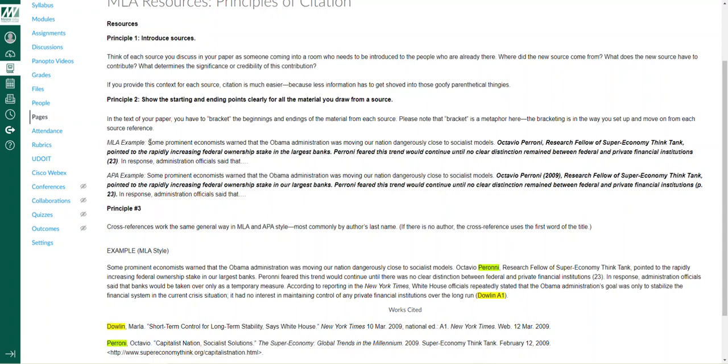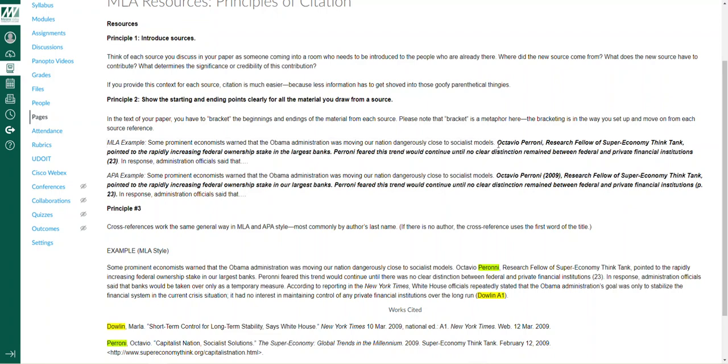Here is the lead-in sentence to your information. You always have to have some sort of a lead-in, providing some context for your source information, quotes or paraphrases. So here you have the sentence, some prominent economists warned that the Obama administration was moving our nation dangerously close to social models. That's the lead in.